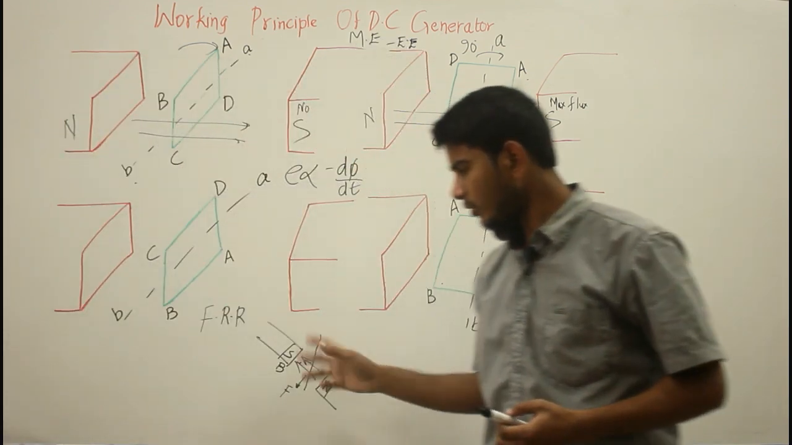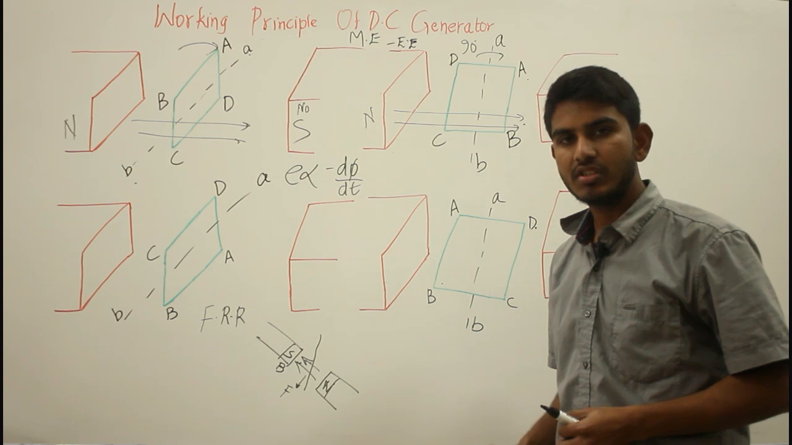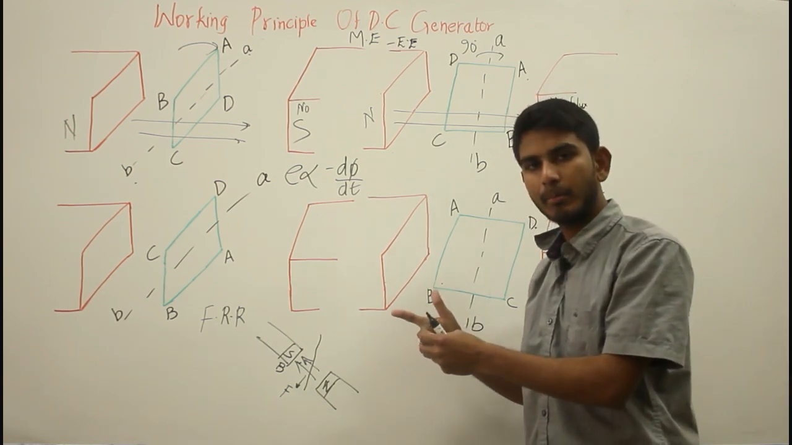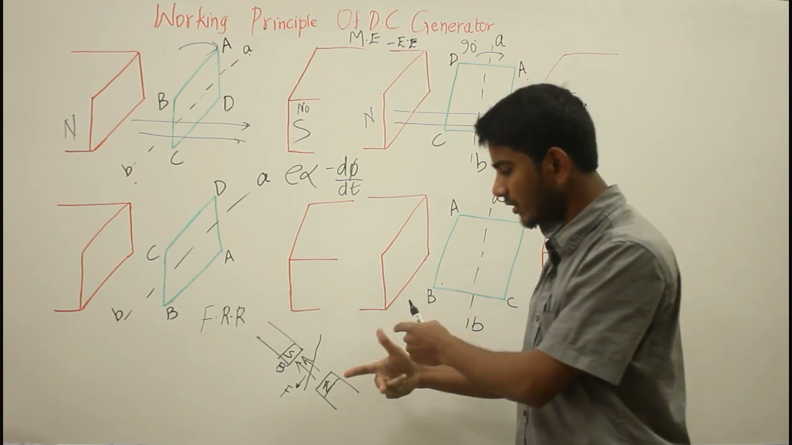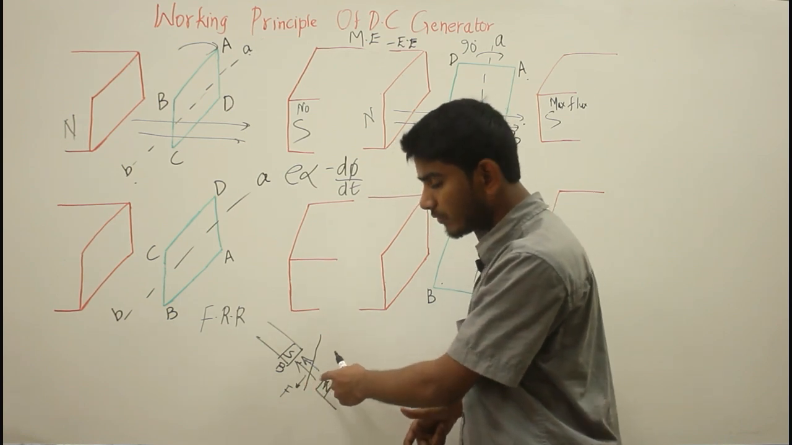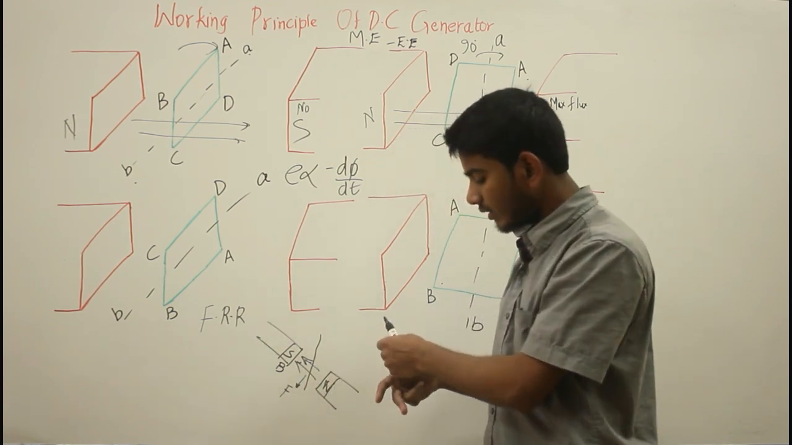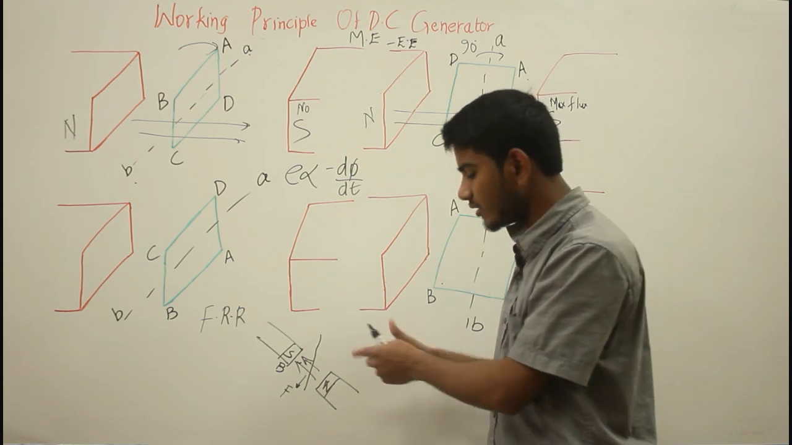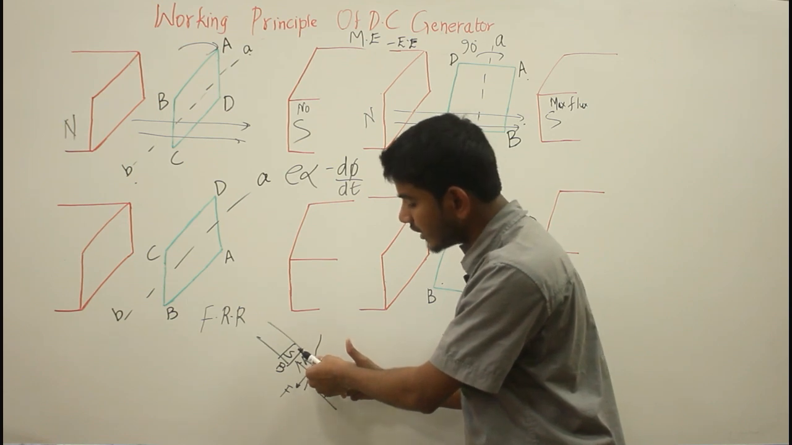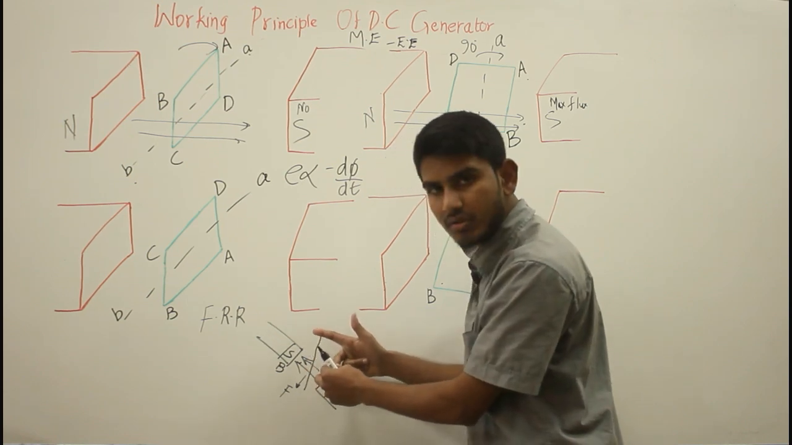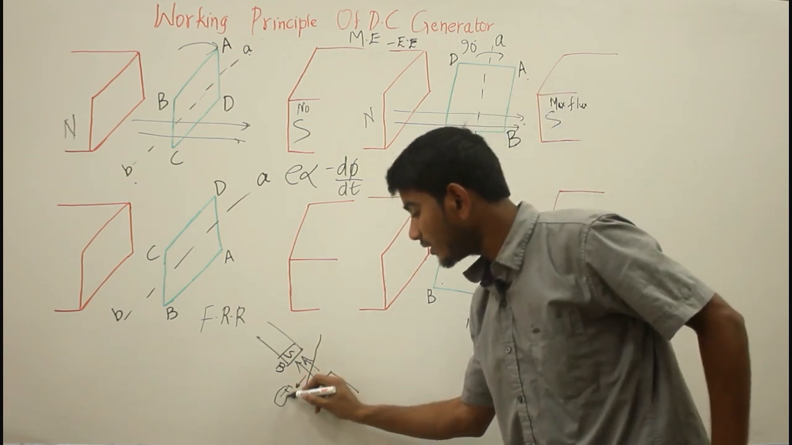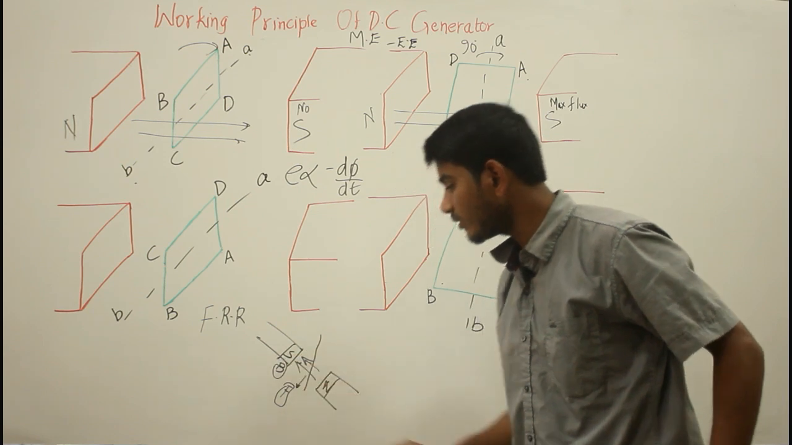According to Fleming's right hand rule, if you stretch your right hand thumb, index finger and middle finger perpendicular to each other, the thumb shows you the force acting on the conductor, or the direction of motion of the conductor. The index finger shows the direction of magnetic field and the middle finger shows you the direction of induced current. So by knowing the two quantities, the force and the magnetic field, you can find the direction of